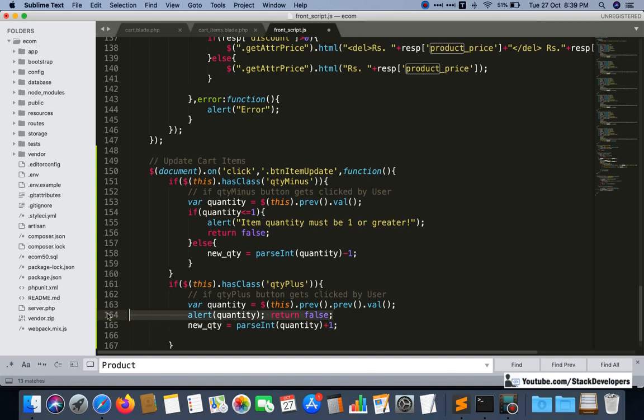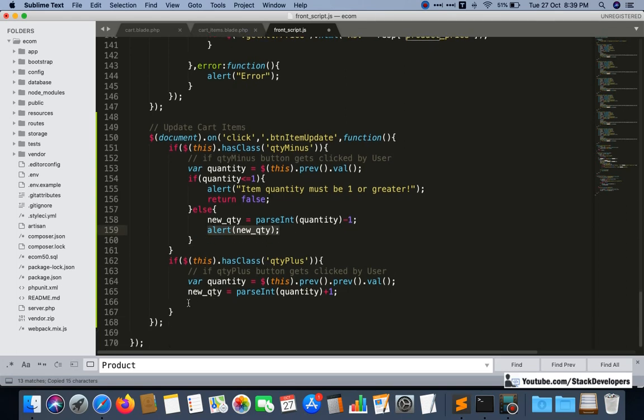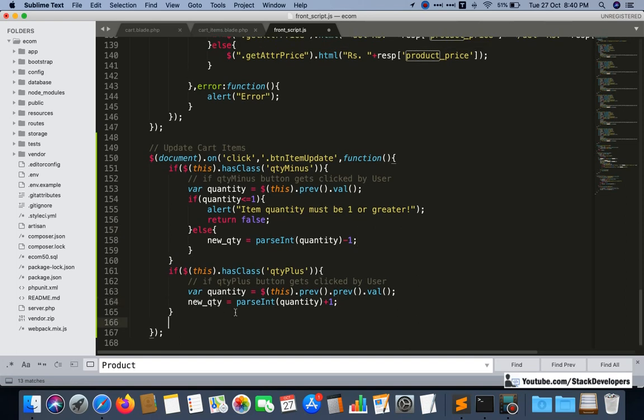I'm going to remove this one. Now I am going to alert new quantity. In both cases I can alert, or in both cases the output will come here, and I'm going to alert here.